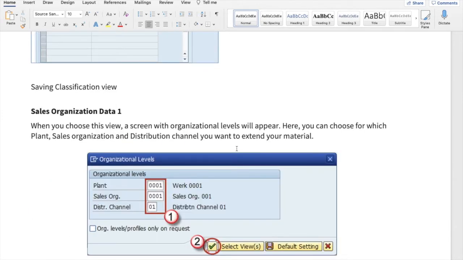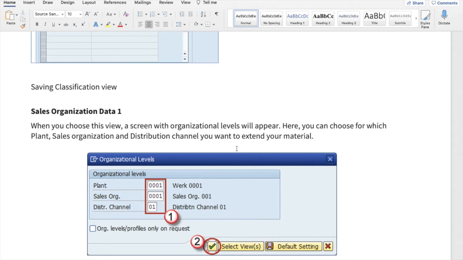Now we will go to another important area, which is the sales organization data. Any material which we create is for the purpose of either selling the material, manufacturing the material, or trading the material. So in this view, we are talking about how we can do the sales organization view. Let us see the mandatory areas. You need to define the plant, then identify the sales organization, and then identify the distribution channel.